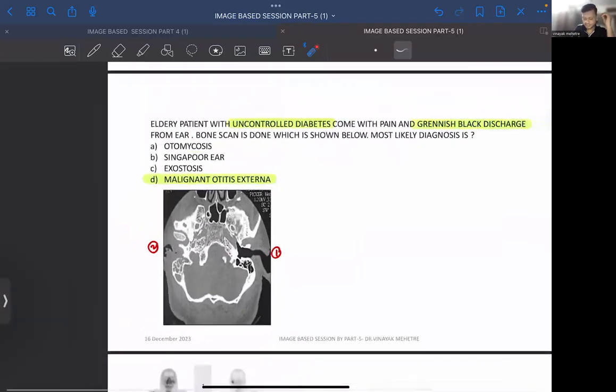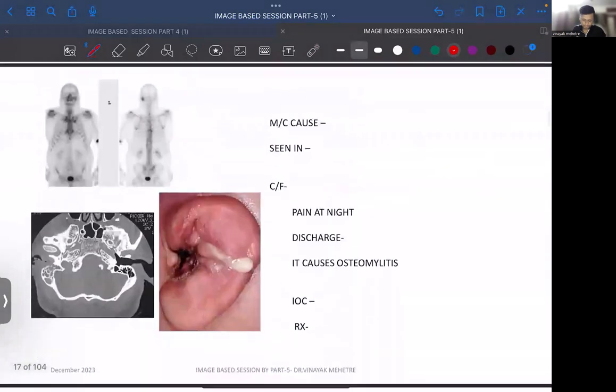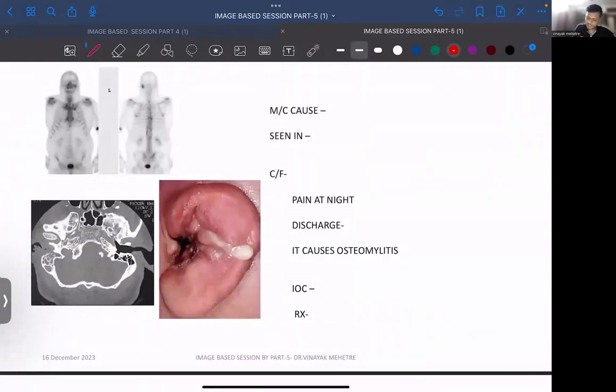This infection can go into the middle ear as well. उसको कब क्या बोलेंगे हम? Malignant otitis media. Most common cause क्या है इसका? Of course, it is Pseudomonas. Seen in who? Uncontrolled diabetes, right? Immunocompromisation of any kind,